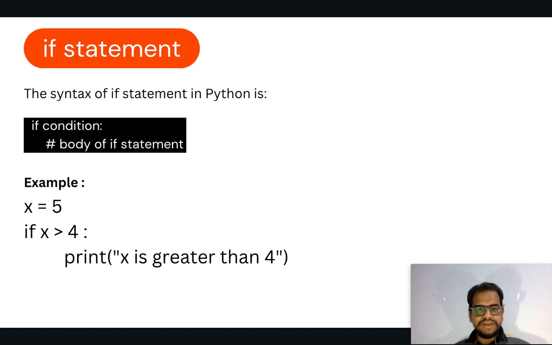After that we can type whatever result we want, like print x is greater than 4. Only if this condition is true will it give us that result, otherwise it executes the next levels. So going next,